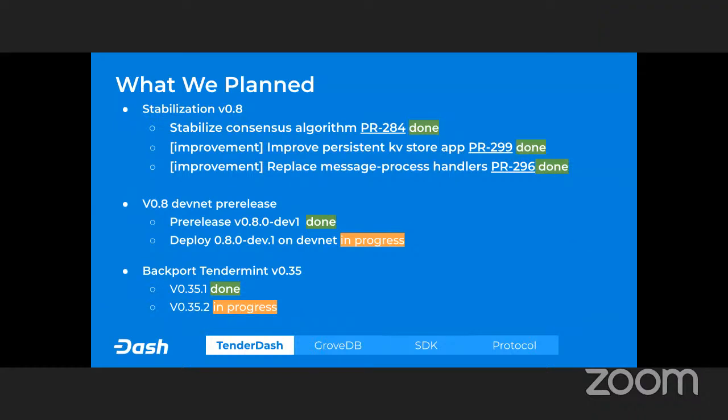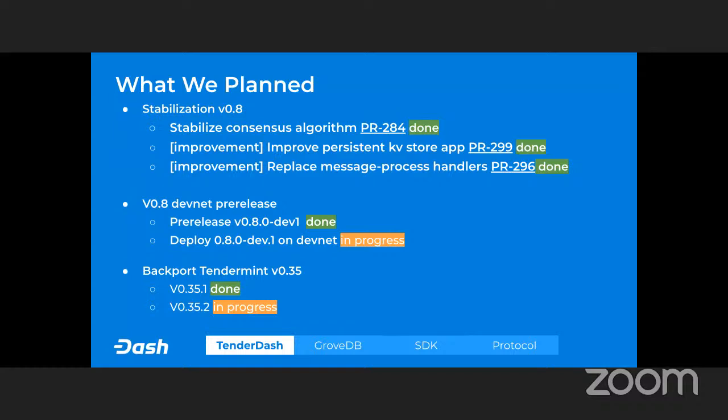Hello, my name is Łukasz, and I'm one of the Tender Dash developers, and we work hard to get the consensus engine up and running and implementing all our advanced features that are needed by other elements of the platform.